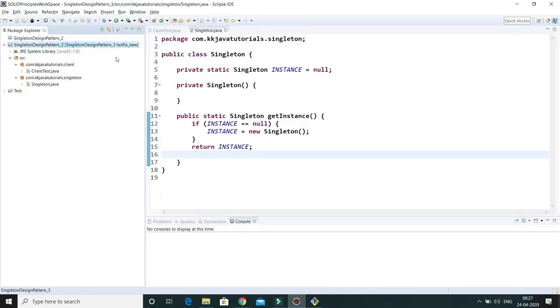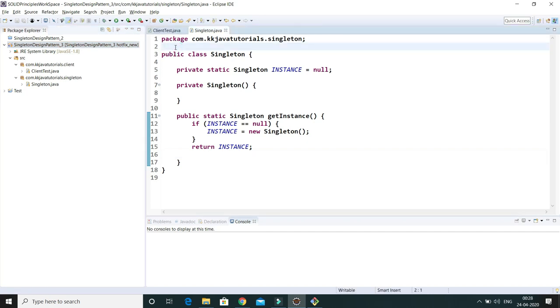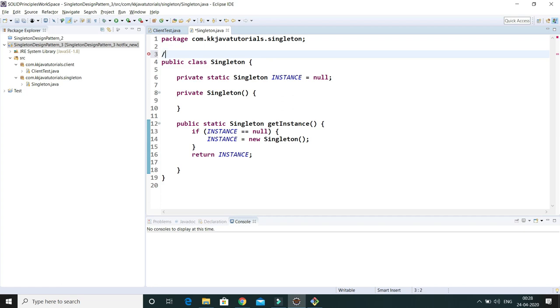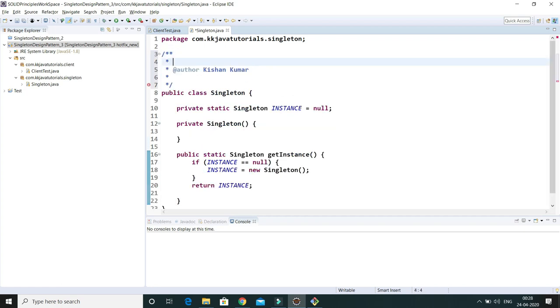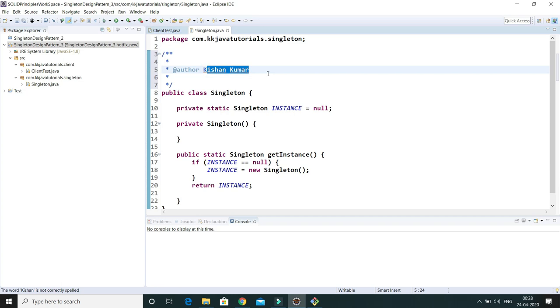This branch hotfix underscore new I have imported in my Eclipse, and here I'm going to make a couple of changes. I'm going to add a Java doc over here. I have added the author name and I'm going to write singleton design pattern, something like that.